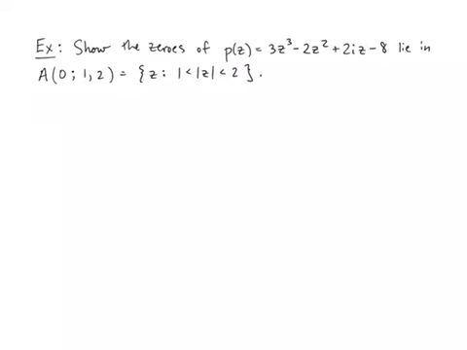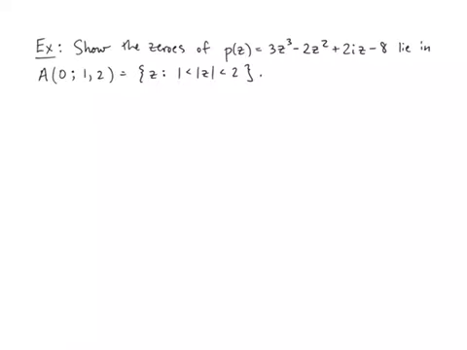So the basic idea of how to use Rouche's theorem here to show that there are no zeros inside the unit circle is to compare your polynomial to a non-zero constant. A non-zero constant function has no zeros. So if we can successfully compare our function to that function with no zeros using Rouche's theorem, then we should be able to conclude that our function itself has no zeros. So what we're going to do is,